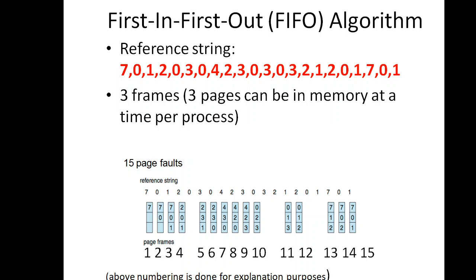Next I have 0 reference, so 0 is not there, again I have to remove the oldest one. At block 14, 1 is replaced with 0. Okay, next the last one is 1, so again 1 is not there, so I have to replace the oldest one. Last block, 1 is replaced with 2, so at the end the 3 pages that are contained in the frame will be 7, 0, 1.